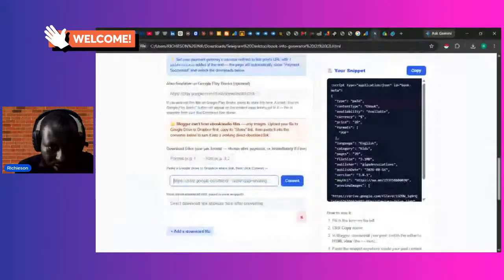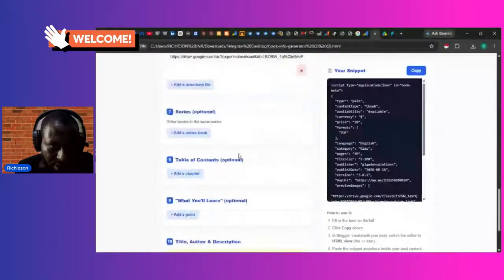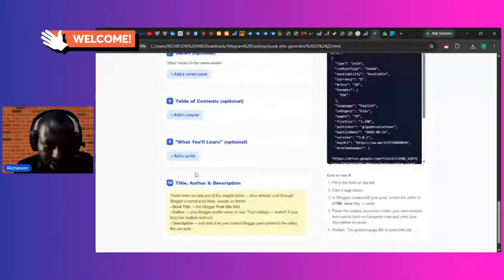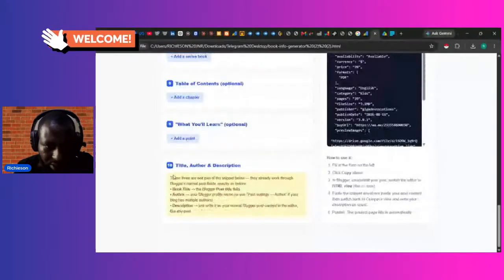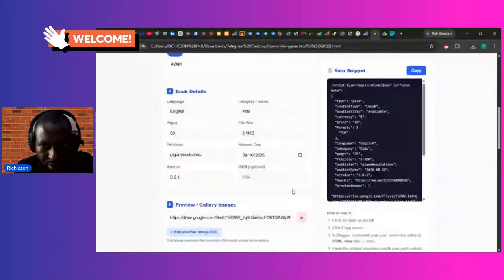Okay. So here you can click on generate to convert. So that is it. You can add more or leave it. Then here if the book is in series, you indicate the series. If you have a table of contents, you indicate that is optional. This one is optional. This one too is optional. So here is the title and author of the description. Okay. So once you are done with all this,